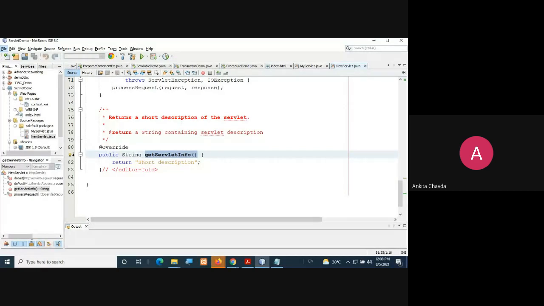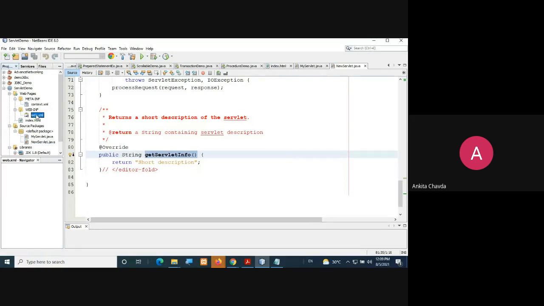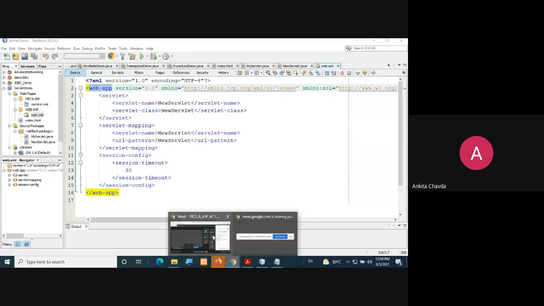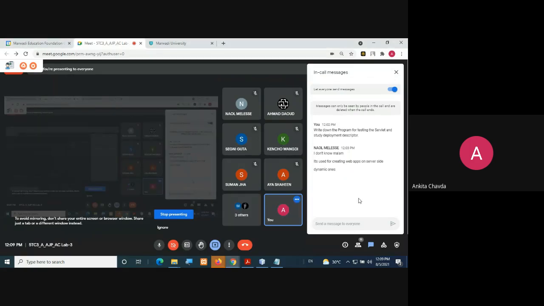And you can check here in this WEB-INF folder, you will get the web.xml file. This web.xml file will look like this, where the XML version is written, and what kind of encoding they have used is written. Then in this web-app, because this is your web application, right? So in the web-app, something is written. You can read all these terms. You need to study this deployment descriptor. I hope you guys are getting something. Say yes or no, right?